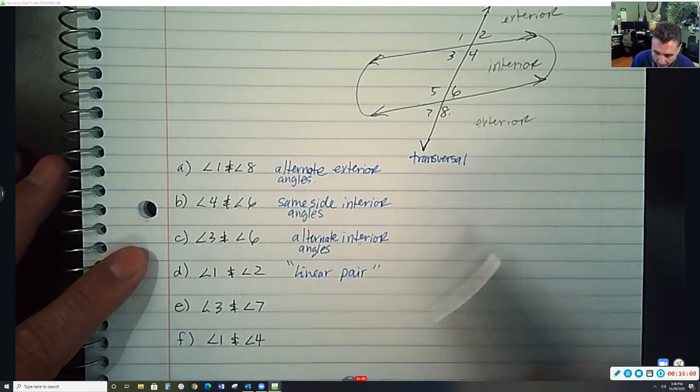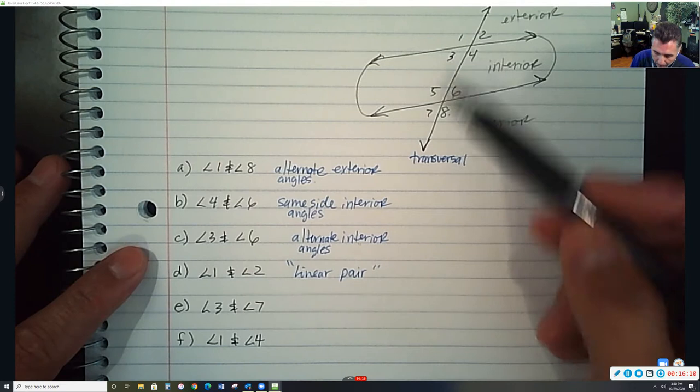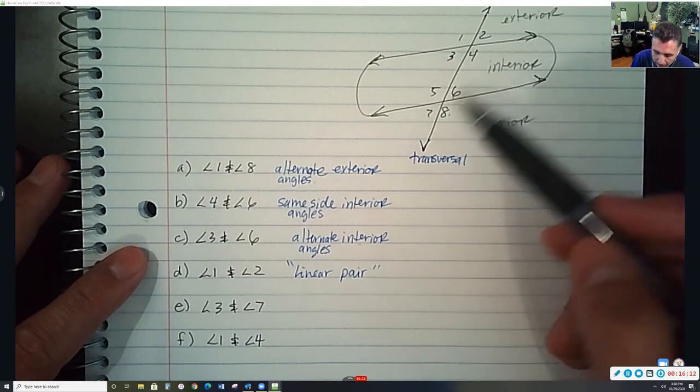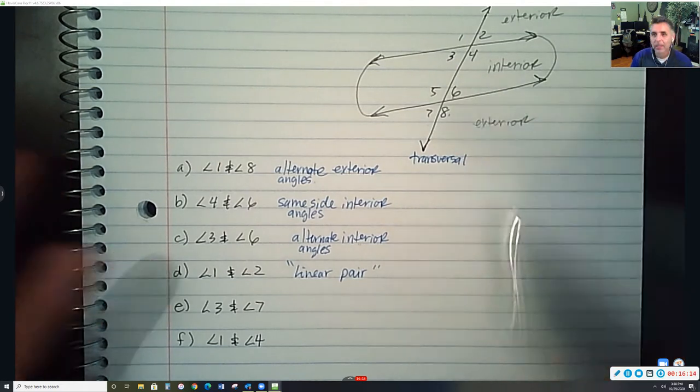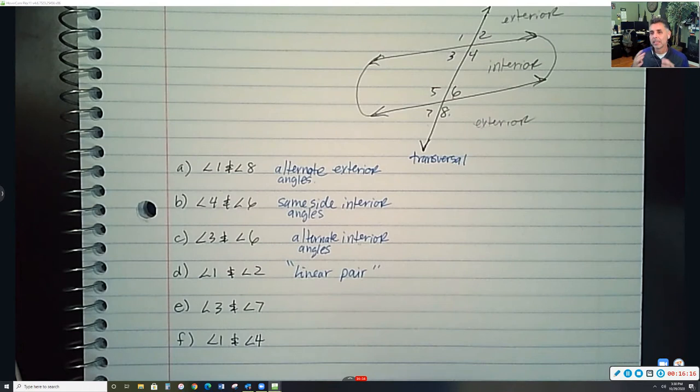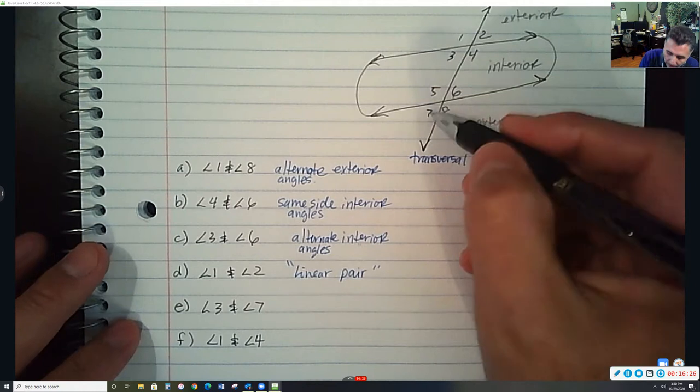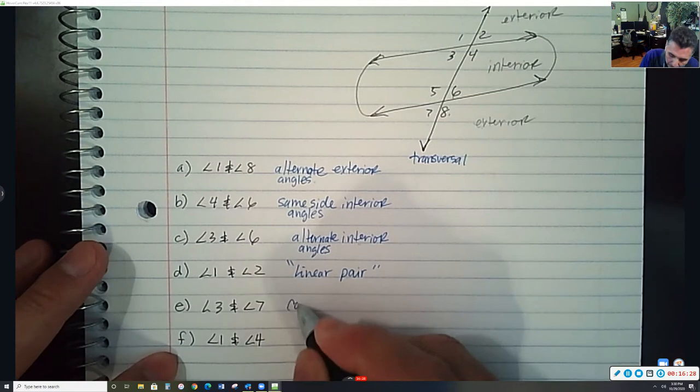3 and 7, if you look at 3 and 7, see 3 is interior, 7 is exterior. Whenever it's like that, whenever it's interior, exterior, you should automatically think corresponding, because corresponding angles isn't interior or exterior. So 3 and 7 are corresponding angles, and I'll show you in a minute why. Corresponding